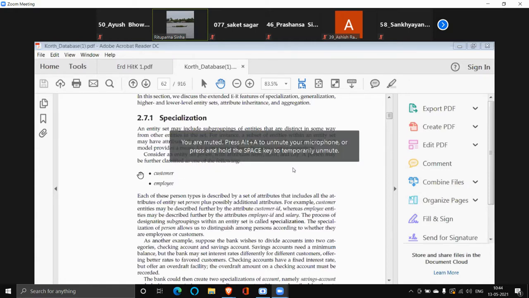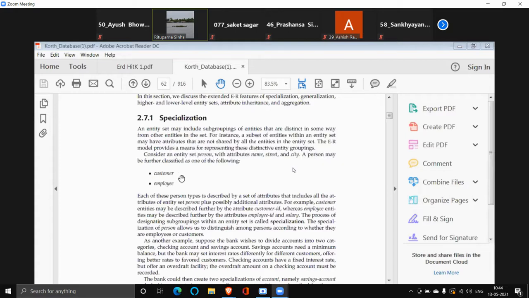Then the other table will be the customer table. The attributes of the customer table will be customer ID and any other special attributes the customer has. Employee will be the third table, and employee will have those special attributes, employee ID and salary.